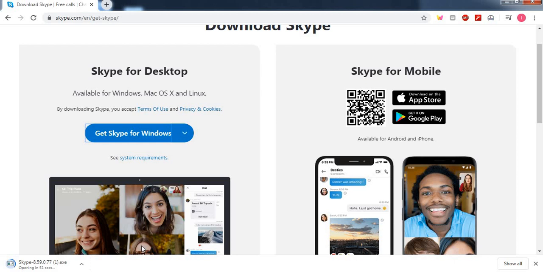So don't download the Skype application from any other website. There can be a possibility of viruses, malware, or Trojans over there. So better go to this particular website, which is the official website. From there itself you should download Skype. Don't download from any third party software or third party website or any other places. Go to the official website and download. Fine, our download is also getting completed. Just 9 seconds.